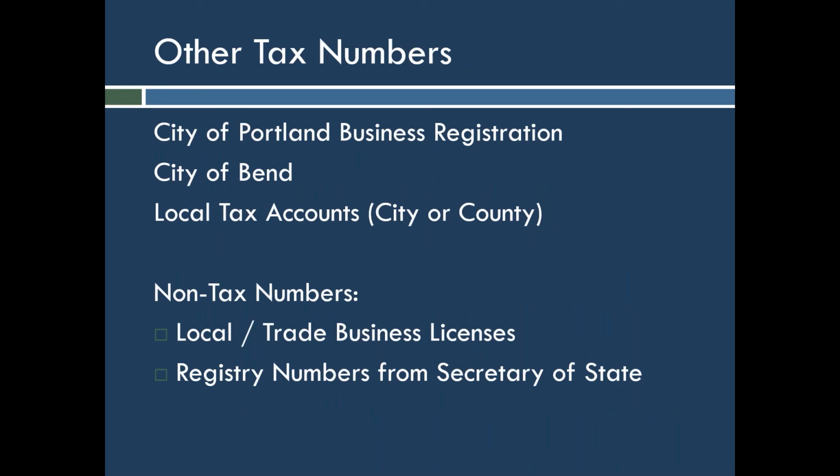So a few other tax numbers out there that are likely going to be encountered depending on where you are. The city of Portland has its own separate business registration apart from the state. Any business that is operating within Portland city limits or really within Multnomah County is going to have to register with the city of Portland, and that is going to be a separate tax number. The city of Portland doesn't have a local business license. They charge a tax based on income earned by the business within city or county limits. So that is another tax return and tax account that businesses need to be aware of.